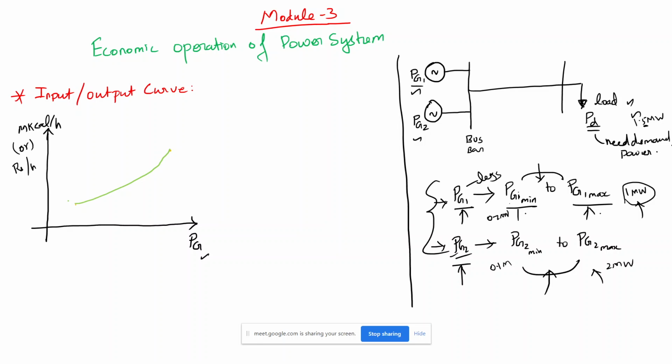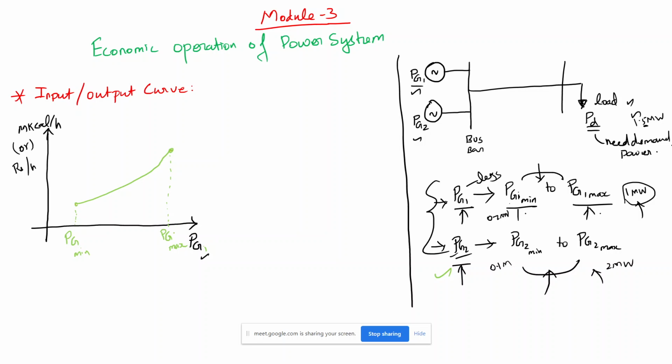So this is the curve we will get, and this point is nothing but your PG min, and this is PG max. We need to operate this generator within the limit of these two points. If you are operating within these 2 points, then we can tell that this constraint is satisfied. This is for a particular generator, or the ith generator.